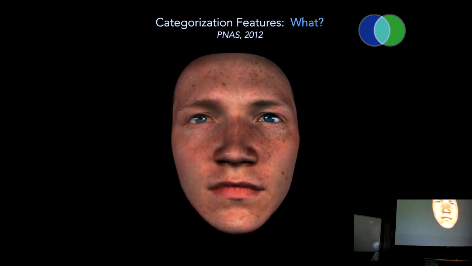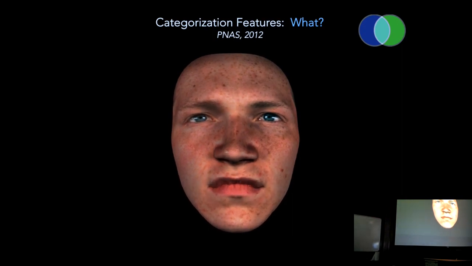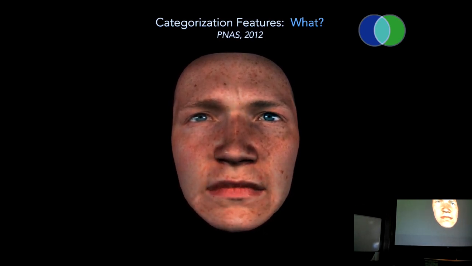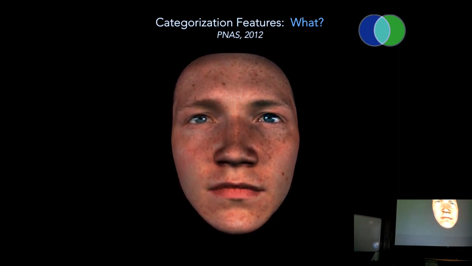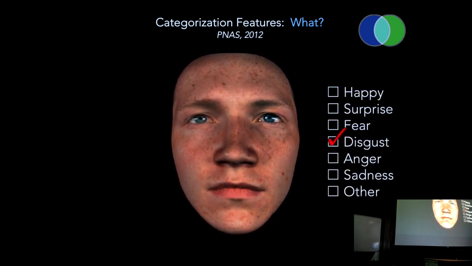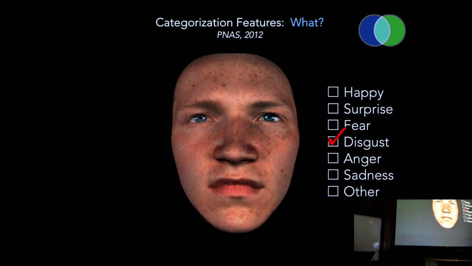action units, which are independent movements of facial muscles, and where we can vary randomly parameters of onset, acceleration, peak amplitude, peak latency, deceleration, offset. And this is one such random choice of these parameters, so action units, and for each one of them their dynamic parameters. And then we can ask the participant which one of these expressions does this look the most like. And after many trials of that type, we can reconstruct